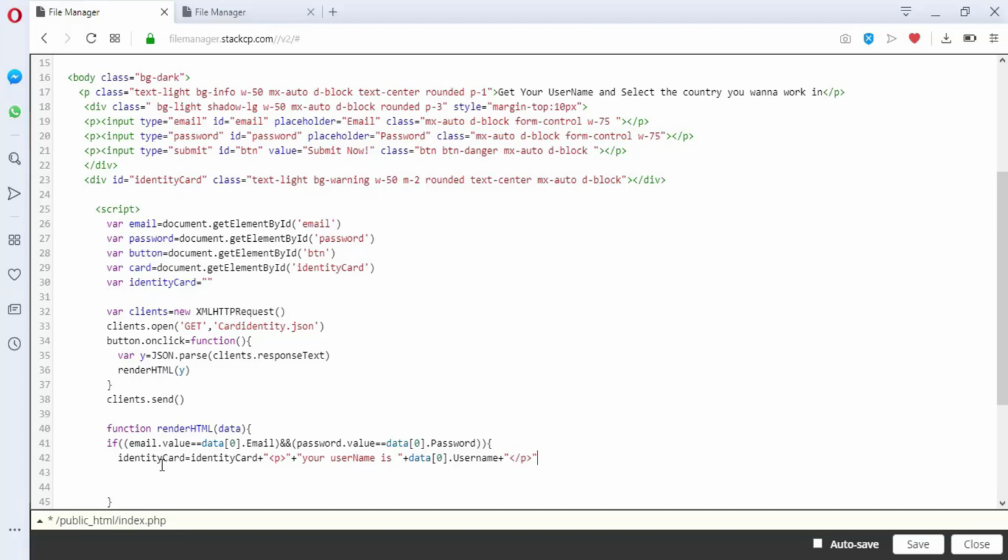And then plus another paragraph to tell the user to select one choice. So plus another paragraph and a message, and plus close paragraph tag. Then let me start creating the selection. So plus select tag